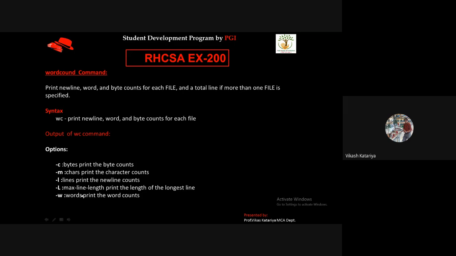Capital -L, max line length, prints the length of the longest line. -w, words, prints the word count. These are the parameters associated with the wc command, and I showed you in a practical manner how the wc command runs.